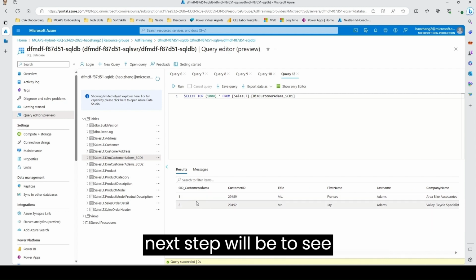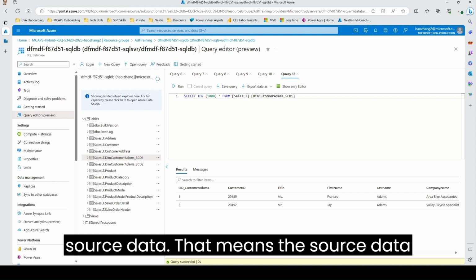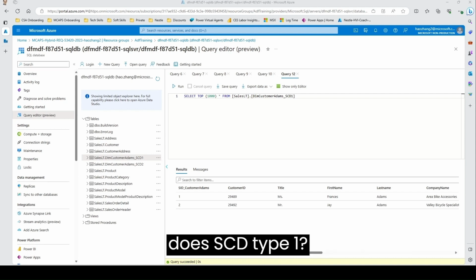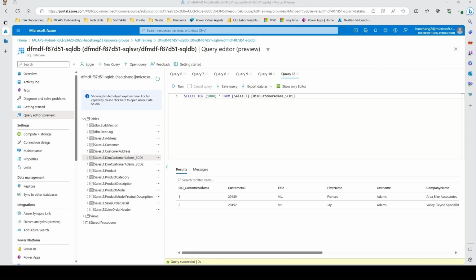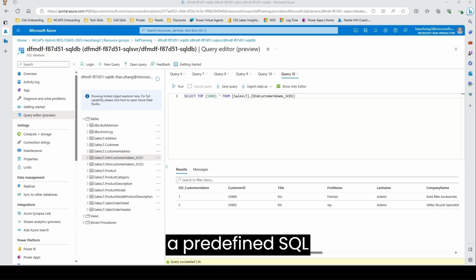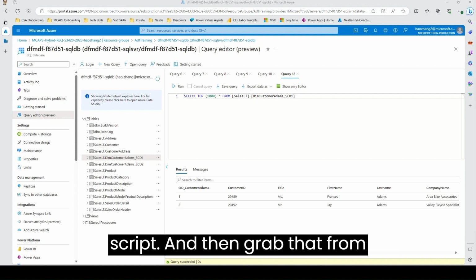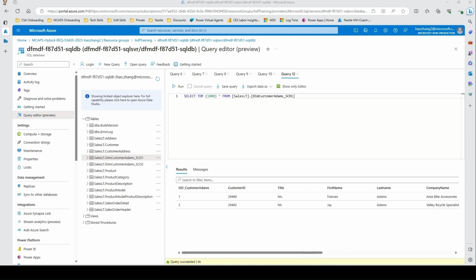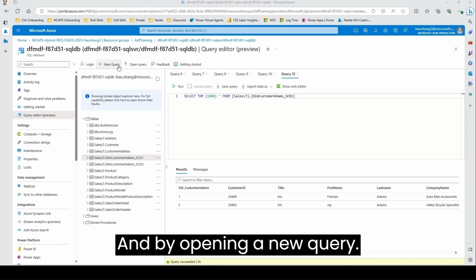So the next step will be to see, if we have a different source data, that means the source data is having some changes, how does SCD Type 1 reflect that change? And for that, we're going to have to run a predefined SQL script. And let me grab that from our GitHub repo. And by opening a new query